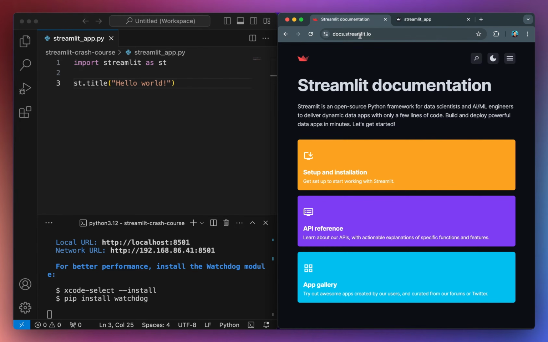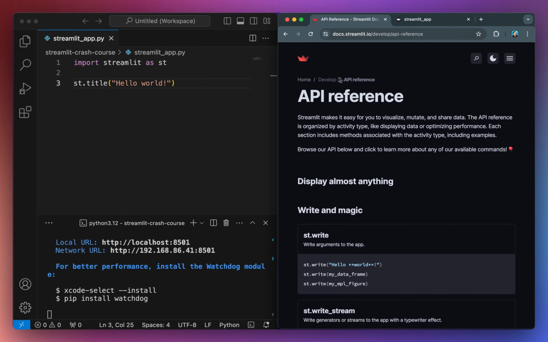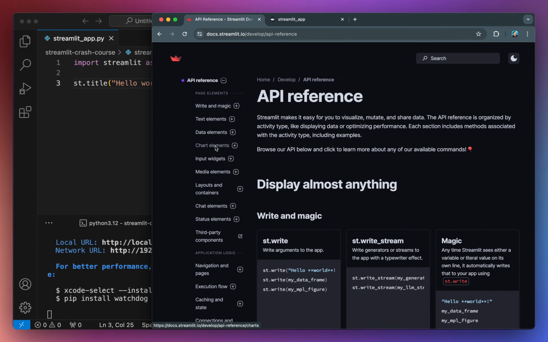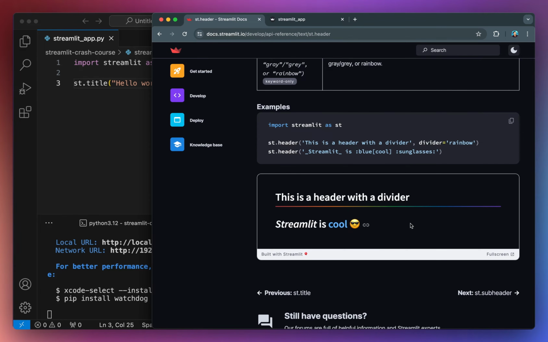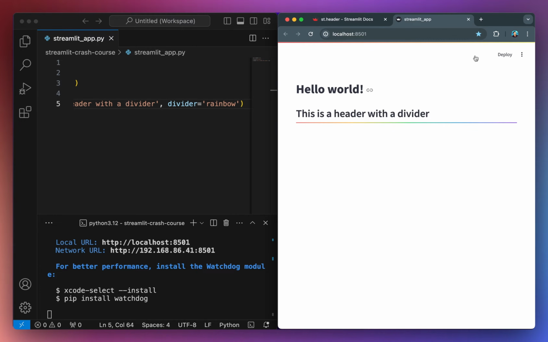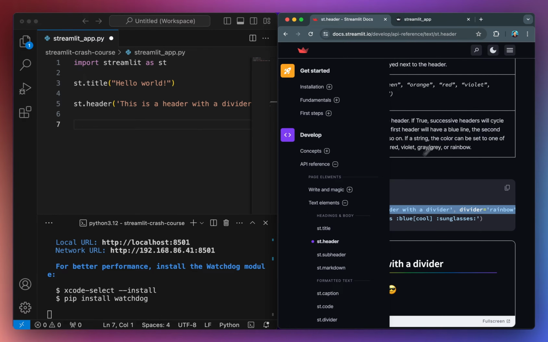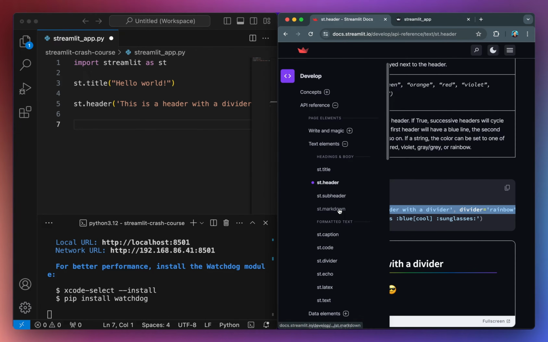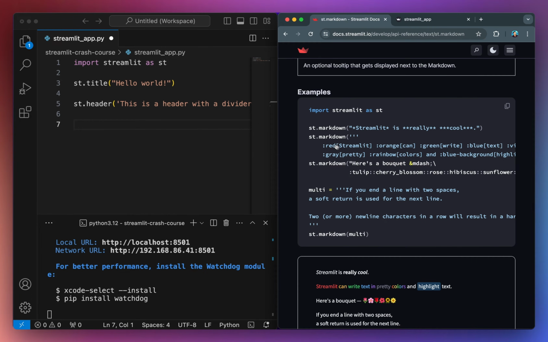I'll now turn to the Streamlit documentation for details on various Streamlit methods. There's also a lot of code snippets to get us started. Here, we're going to select st.header. Let's add some more text using st.markdown.